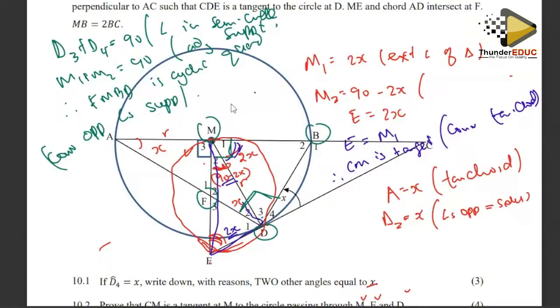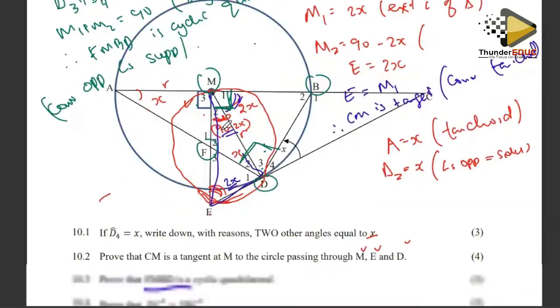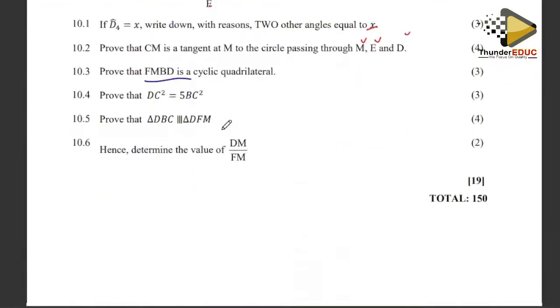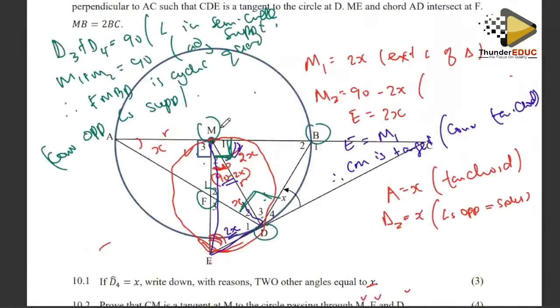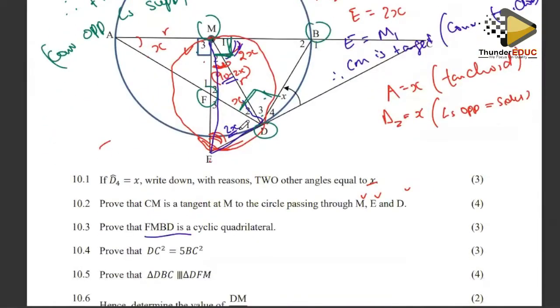So this is a 90, and that's a 90. Alternatively, you could say this is a 90, and then M3 is a 90, and then you use the property of the exterior angles. Either way, okay? Then prove that DC squared is the same as 5BC squared. Okay. So what you need to do in this case,